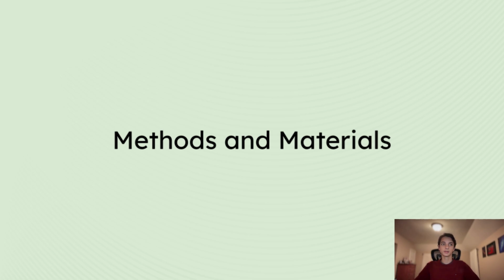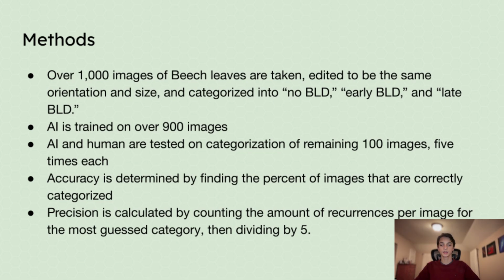Moving on to my methods and materials. For my methods, I collected over 1,000 images of beech leaves from the university school campus. I took these images myself and then I edited them so they had the same orientation and size. And I also categorized them into no beech leaf disease, early beech leaf disease, and late beech leaf disease based